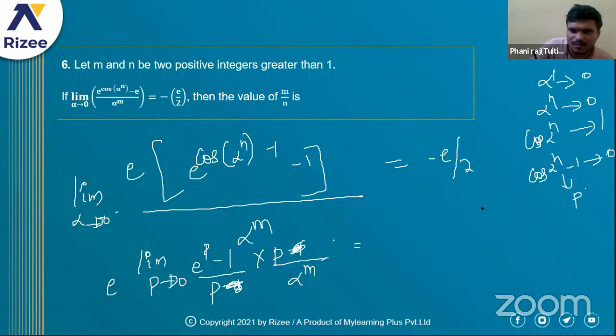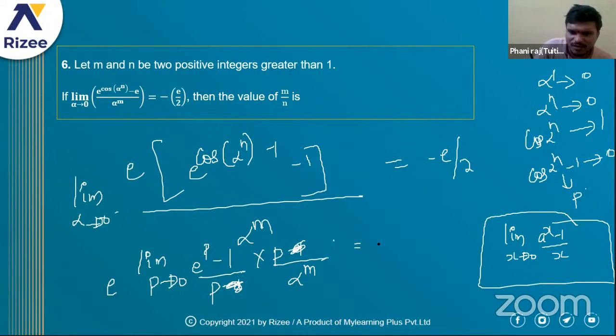So you know the standard formula, right? I hope you all know this. Limit x tends to 0, a power x minus 1 by x. This is a standard form. So bring it to that form and substitute that, you get what? You get e power x minus 1. And next, when you simplify this,